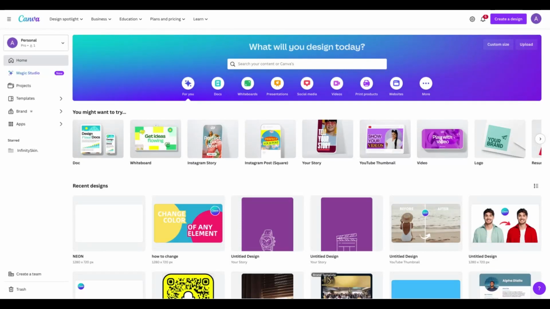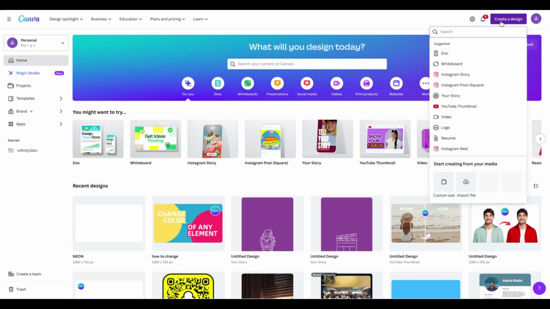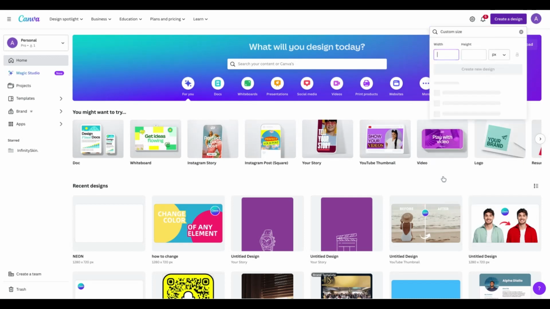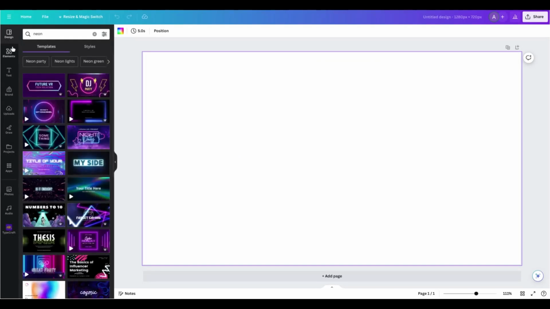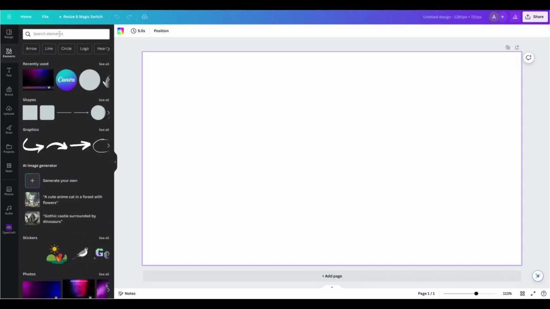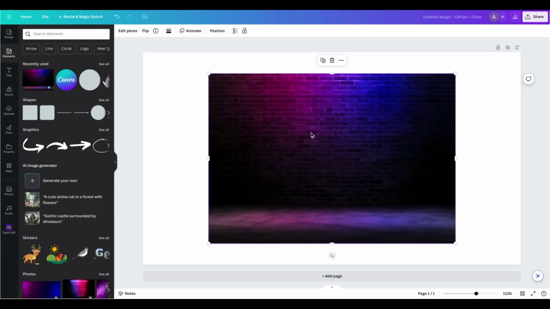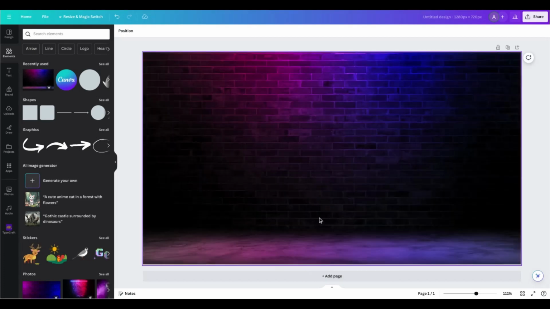Today I'm going to show you how to create a neon effect in Canva. So head to Canva, create a design, custom size, select the size you want to use. So I'm going to quickly use a background, add a text,